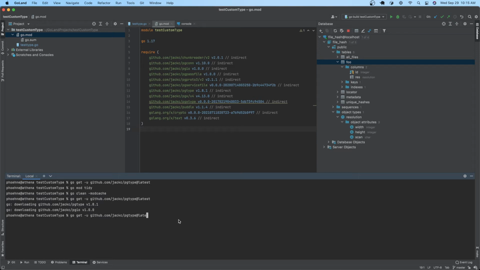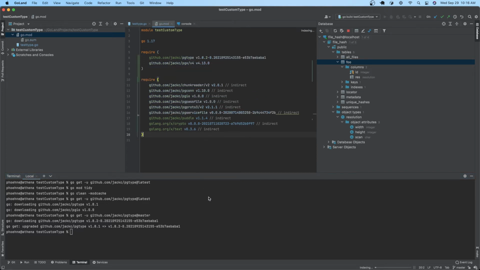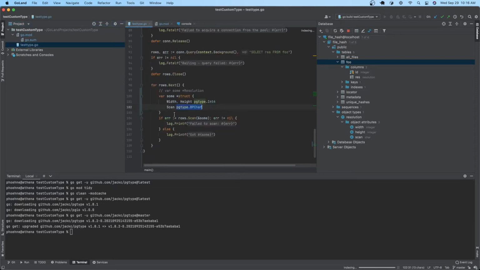Oh, I want at master. Cool, okay. So the reason I did that is there was a fix recently in